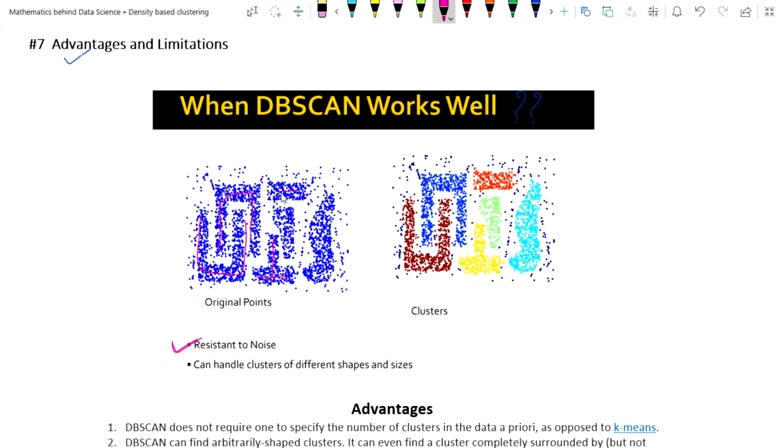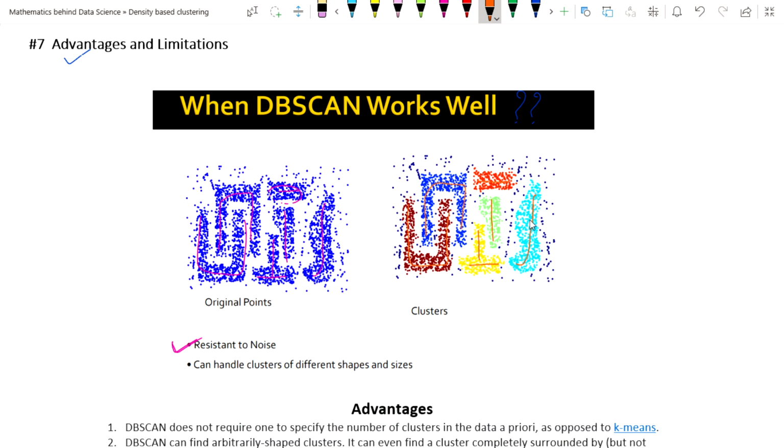The same job is done by the DBSCAN algorithm. It finds that this is one cluster, for example using the deep red color, this one in blue, this one in yellow, another in red, one in green, and one in sky blue.